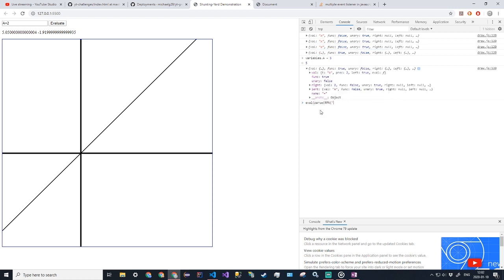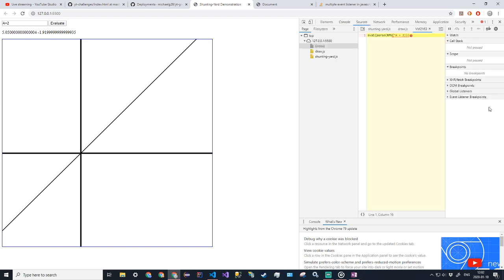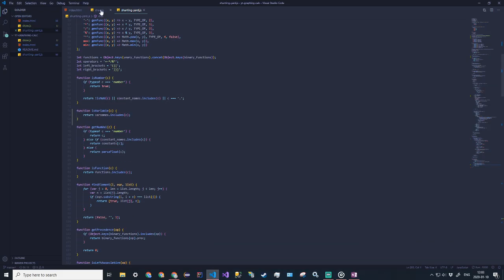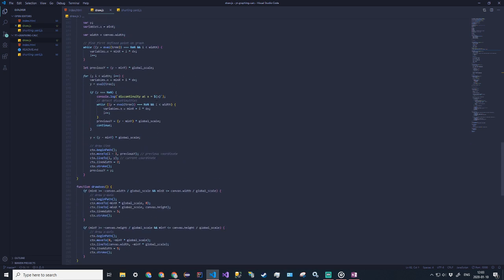RPN A plus 2. I guess, no, I definitely 1, 2, 3, 1, 2. Oh, son of a bitch! I didn't close my quotes. 7. Is it not doing it properly? No, the drawing should be evaluate